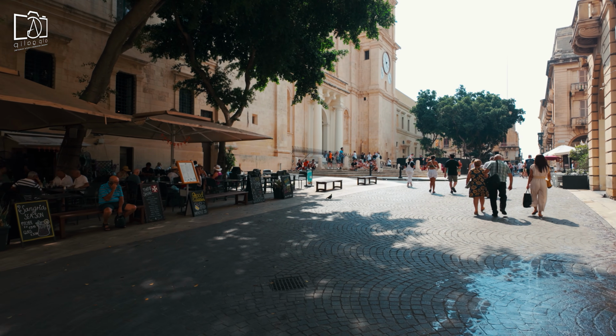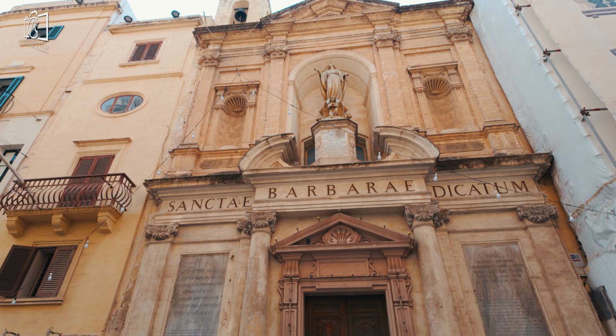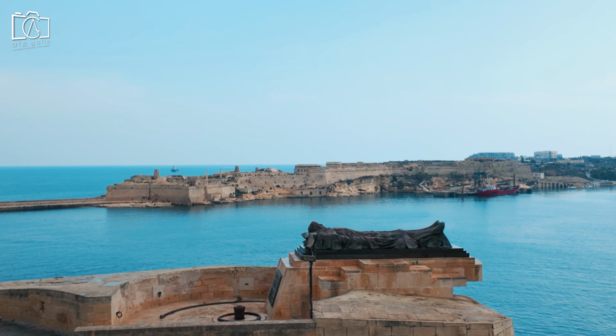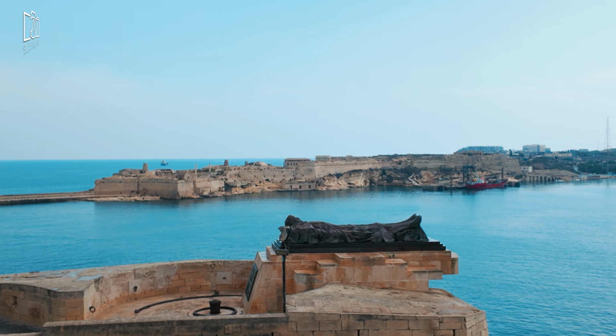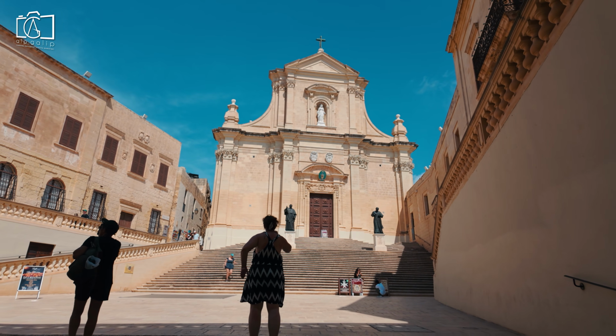Exploring old towns was like stepping into a living museum, with centuries-old buildings, hidden courtyards, and charming squares inviting me to wander aimlessly. Visiting historical places, I marveled at grand fortresses, ancient ruins, and beautifully preserved cathedrals that told stories of the island's